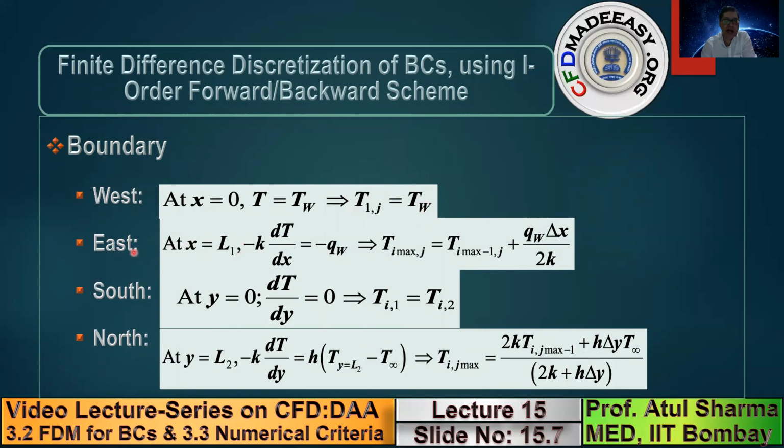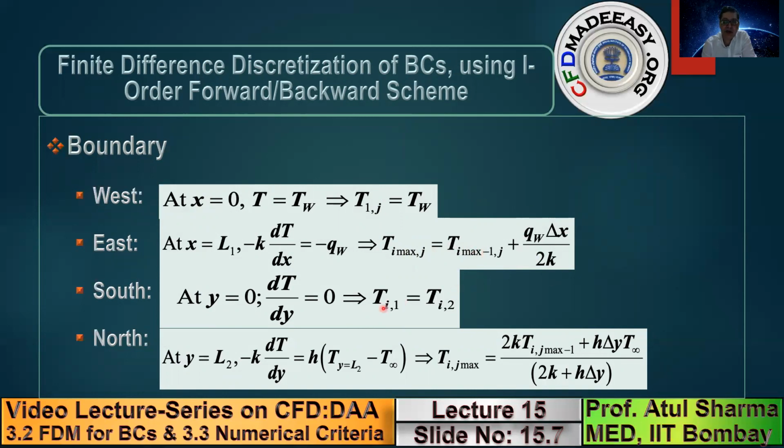Now on the right wall, which is the east wall, which corresponds to x equals L1. L1 is the length of the plate and L2 is the height of the plate. So here, we have a constant heat flux boundary condition where we have considered the sign of the heat flux, which is in the negative x direction. So this is the expression for that. And finally, after the first order backward differentiation discretization, note that on all this left hand side, I am getting an expression for blue circle: temperature at i max comma j is a function of i max minus 1 plus some non-zero value.